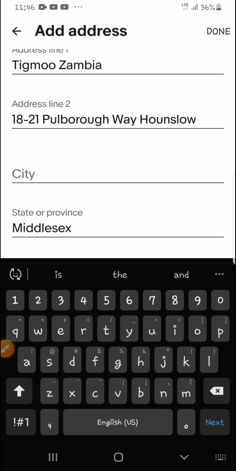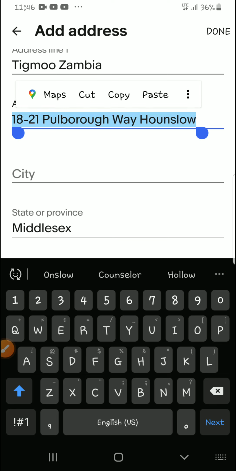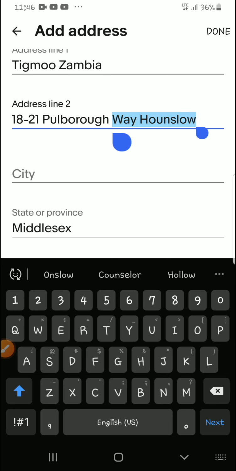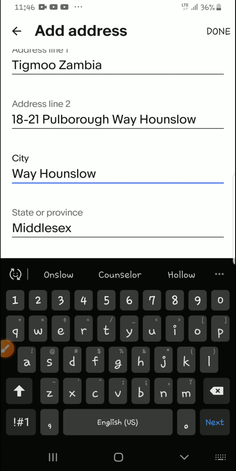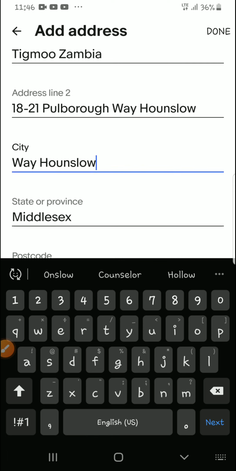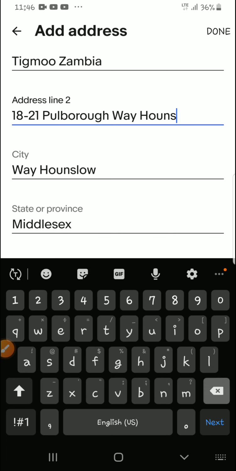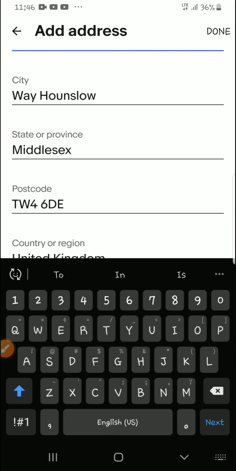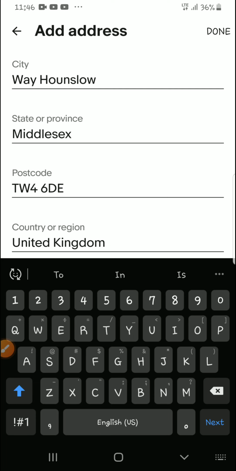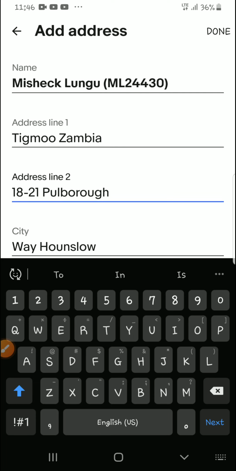And then here city is this one. Sorry, it should be this one. This is the city. I'll copy and paste here, and then I will delete this. I don't know the pronunciation, but